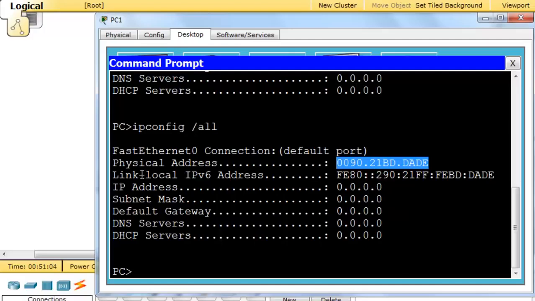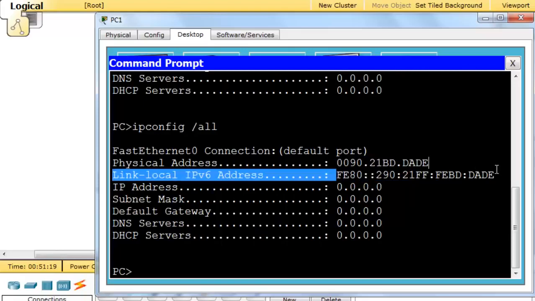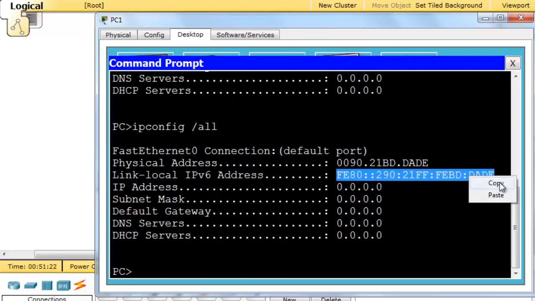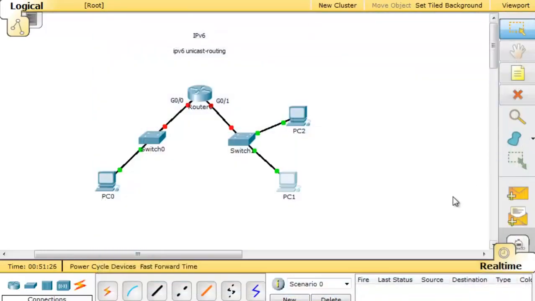The link local address allows the device to communicate on the local network. Any device on an IPv6 network needs to have, at a minimum, a link local address. So let's see if it works. We should be able to copy this address. So I copy the link local address here. If this device has a link local address, and this device has a link local address, and they're connected to a switch, they should be able to communicate with each other on the local network